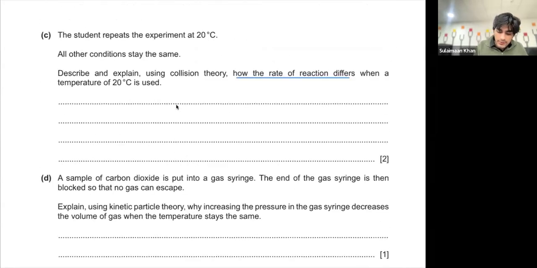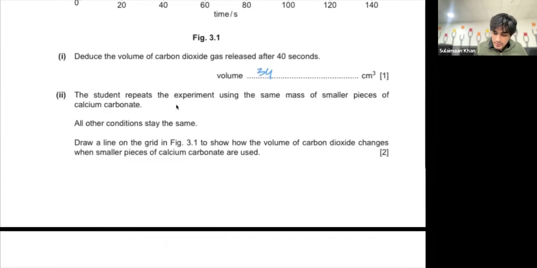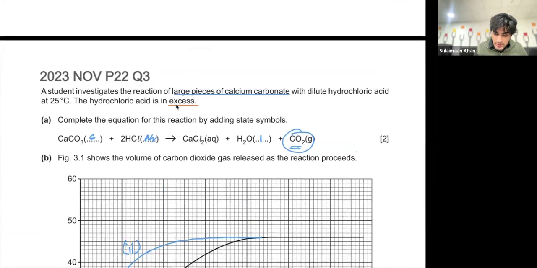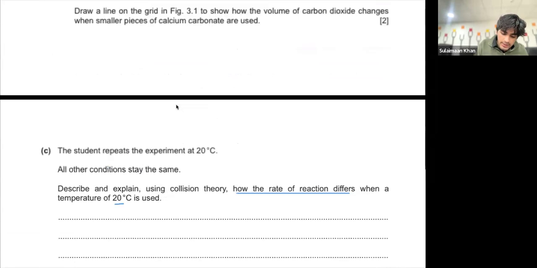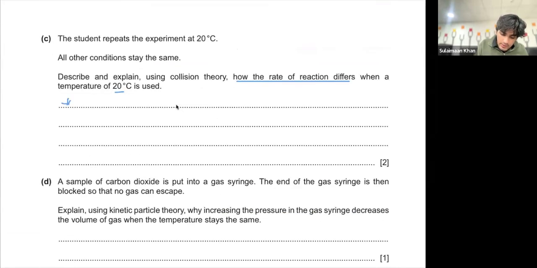How the rate of reaction changes: if you do it at 20 degrees Celsius, what temperature were you using before? You were using 25 before, so now you've decreased the temperature. What would that mean if you use it at 20? This would decrease the kinetic energy of particles and